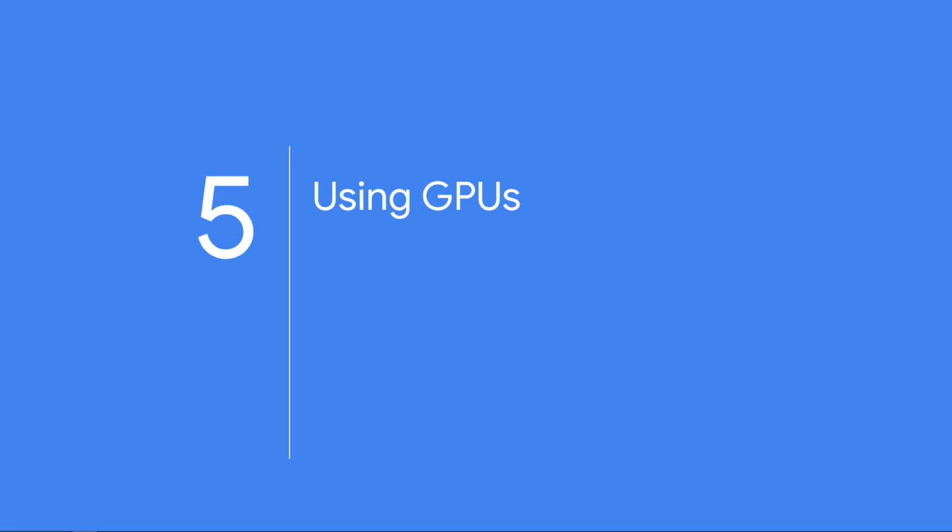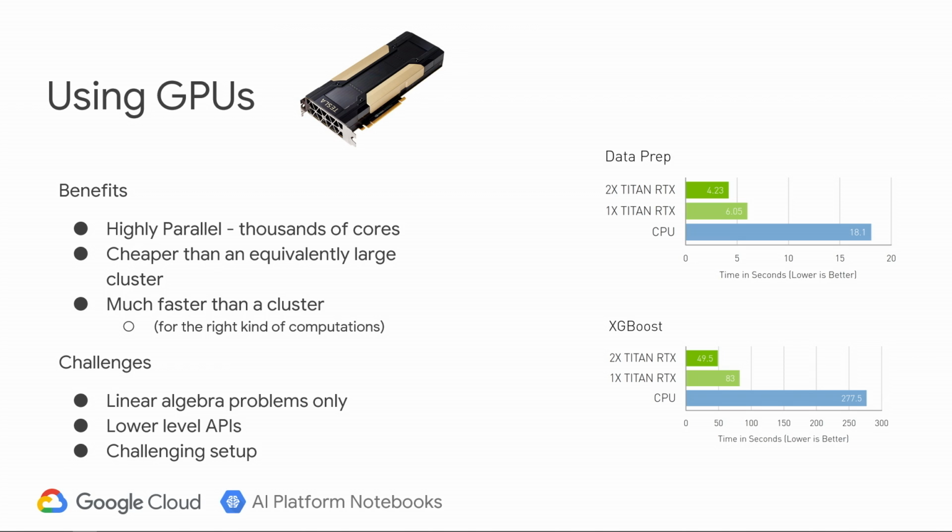Now, GPUs, the moment you've all been waiting for. GPUs are highly, highly parallelizable. They have thousands of cores at your disposal, and it's all going to be on a single machine. So that takes care of a lot of the complexity of managing different machines. All that goes away. The time it took to pass data and algorithms back and forth, you don't have to worry about that. And it's also much cheaper than an equivalently large cluster. A cluster with 5,000 cores on it is going to be pretty expensive. And it's much faster than a cluster, assuming you're doing the right kinds of computations,